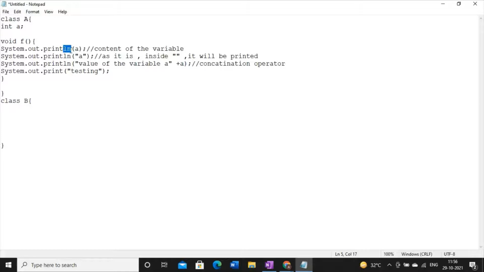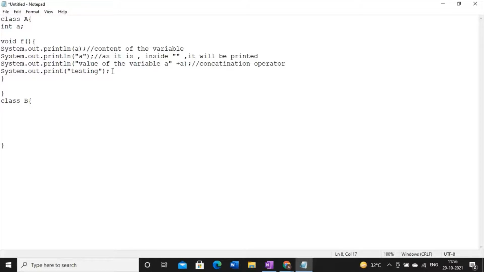It means after printing the value of a, in the next line we will be able to see the next output. Since we have ln over here, after printing a, in the next line I will be able to see the value of the variable a, right? And since we have print over here, ln is missing.